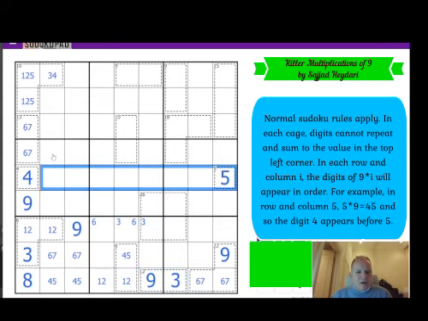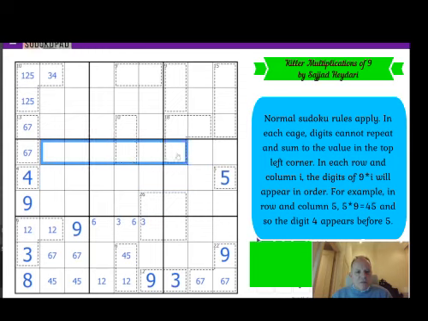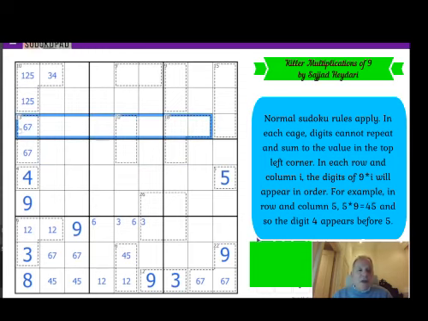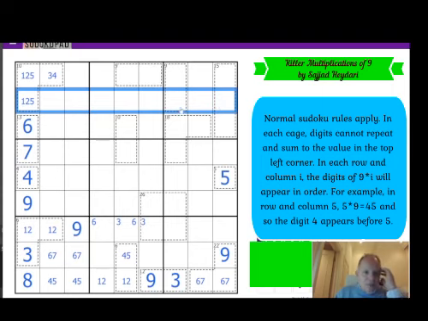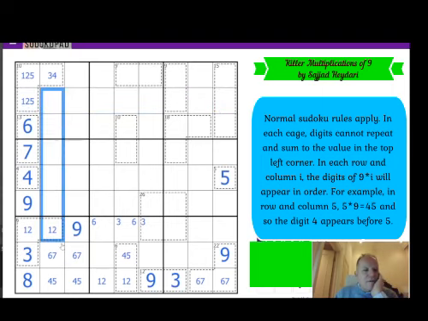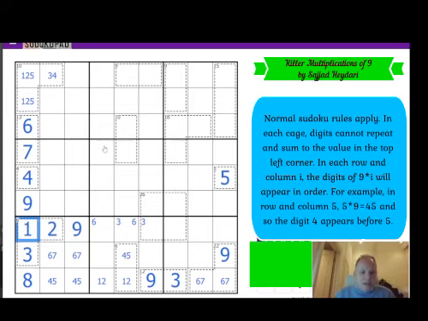We've done 45. 9 times 4 is 36. And I don't think this is very helpful anymore. 27. Oh, that stops this being a 7. That's nice. Sorry, I'm in the wrong mode. 6 there, 7 there. 1 before 8 in this one. Let's go down. 1 before 8. So that can't be a 1 because it couldn't get in before 8. That is good. Oh, this rule set is really interesting. Much more helpful than I thought.